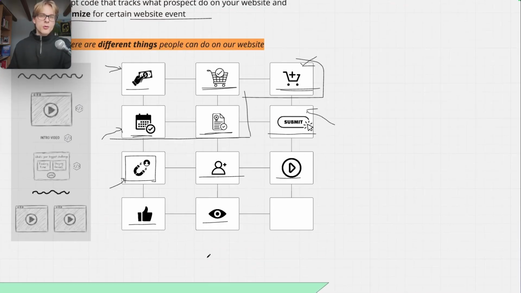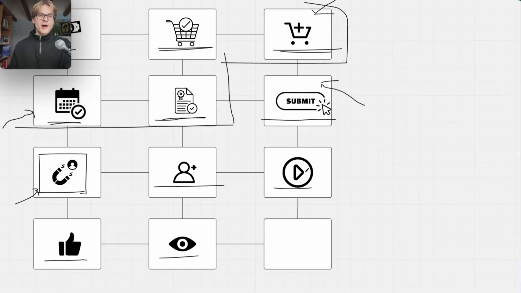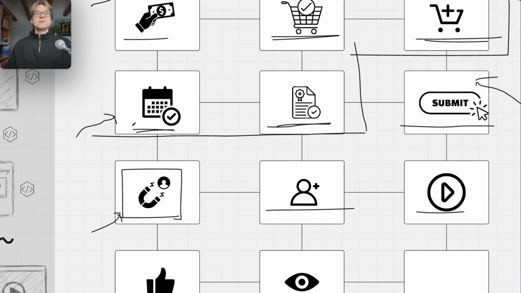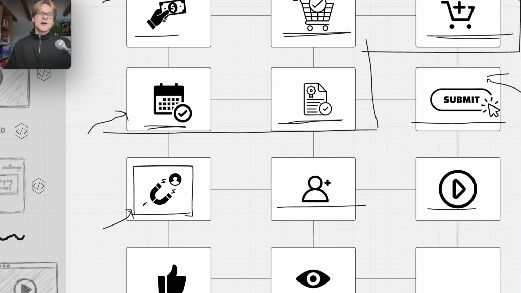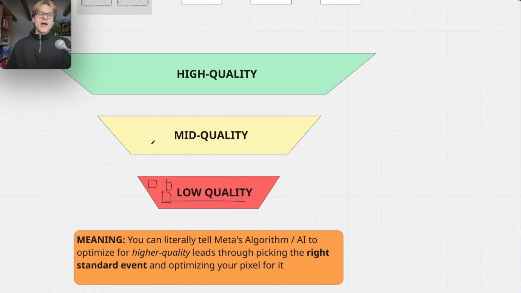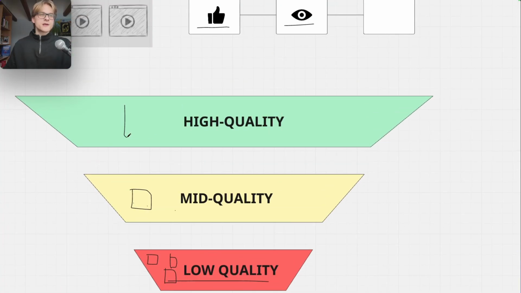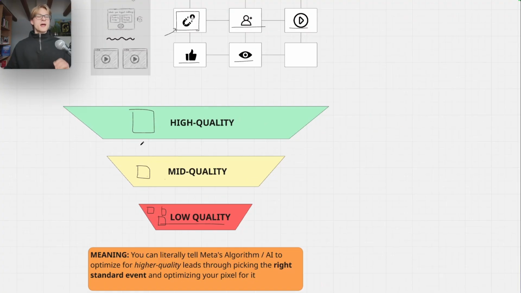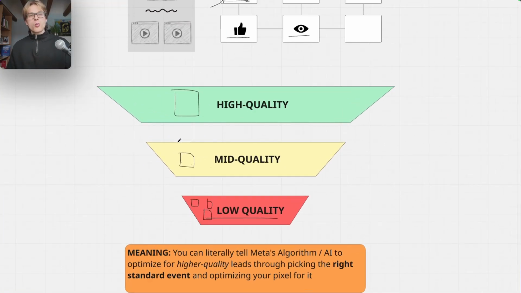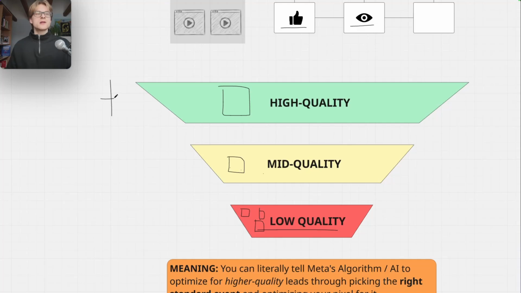Same thing with follower, or same thing with view content, right? These are people who take no action. Maybe they submit an application, maybe they opt in, but it's no real action. Compared to someone who actually schedules a call, for example, with a sales team, who actually commits to a one-on-one call, this is different than just opting in for a free lead magnet, right? It actually signals intent, which is why it's a mid-quality event, and obviously purchasing would be a high-quality event. So depending on your campaign, you should always optimize for the highest quality event.